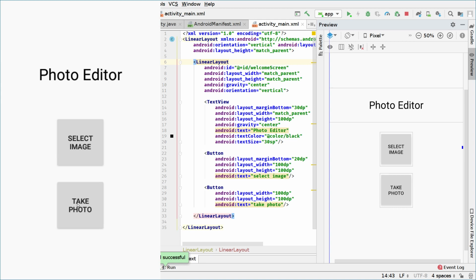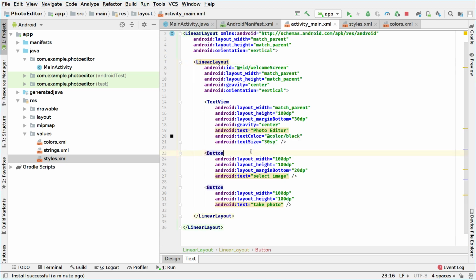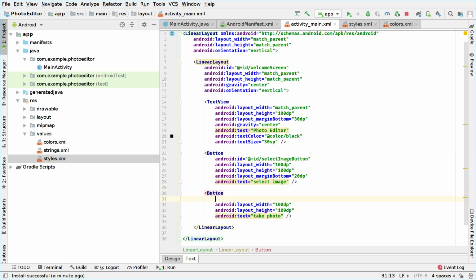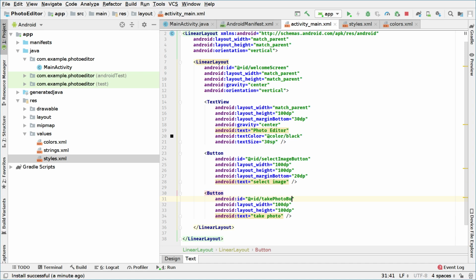Now we have to go and access these buttons from code, right? So let's do it. To access them from code, we have to assign each of them an ID. So first, in the first button, which is select image, I will say ID, and I will set this ID to select image button, right? And on the second one, I will set the ID to take photo button. Okay, so now we have these two, and if we go back to our MainActivity.java file,